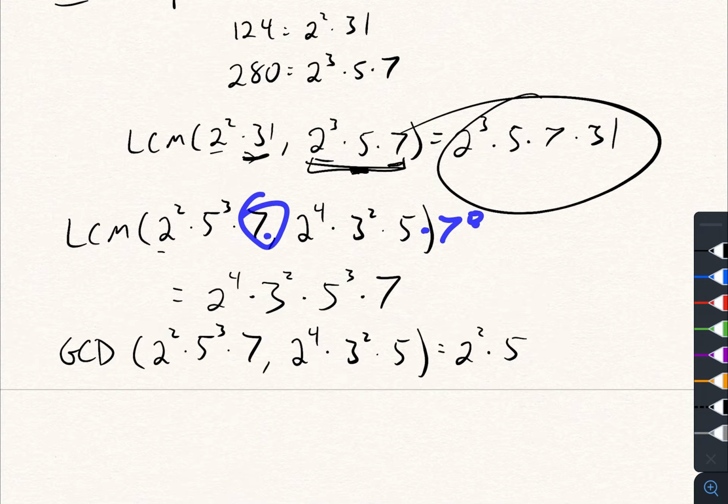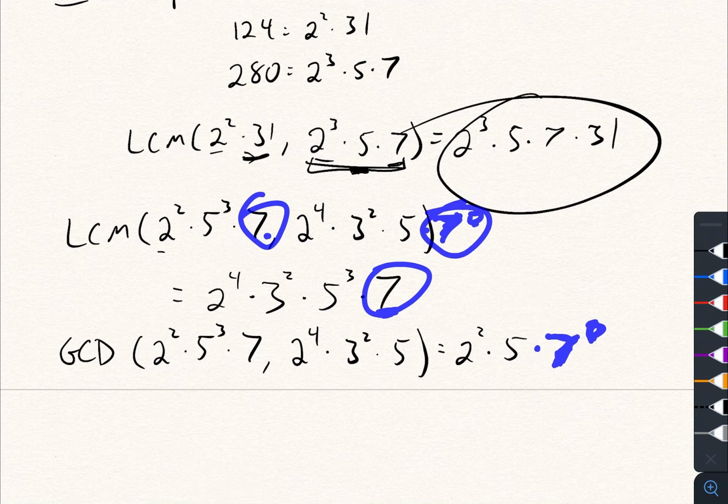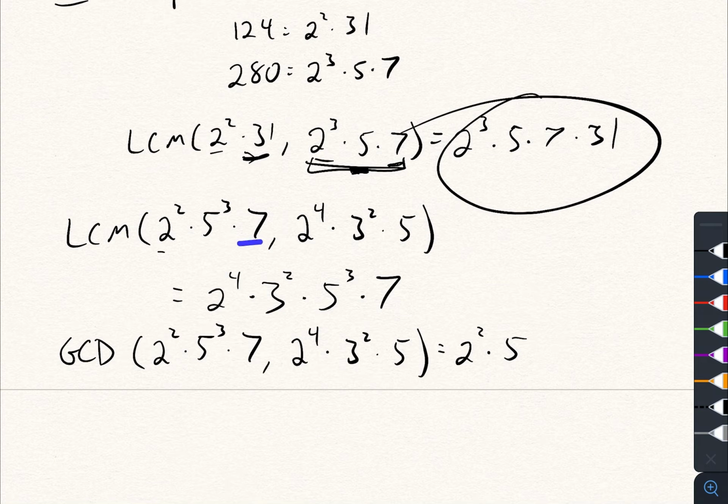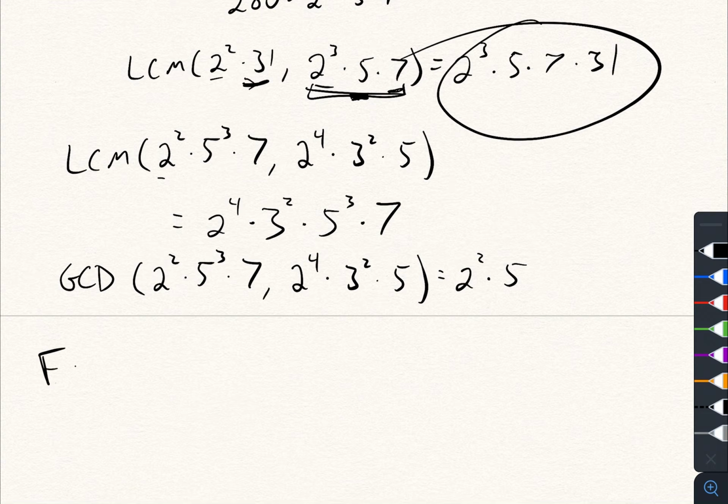So like 7 to the 0 is over here. Technically there's a 7 to the 0 over here as well. So the LCM is going to have the bigger exponent and the GCD has the smaller one, which here the smaller one is 0. You could even just say that the GCD just doesn't have it, whereas it doesn't show up over here. So when you multiply the LCM and the GCD, you are effectively just multiplying the same prime numbers for each of them, and so you get the following fact: